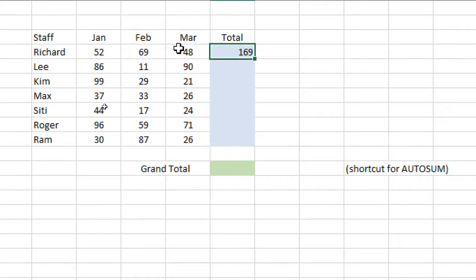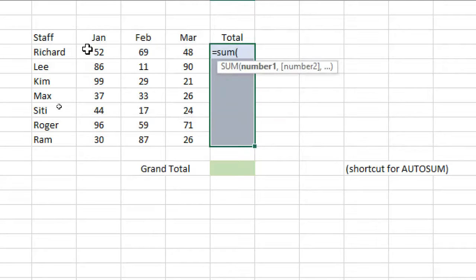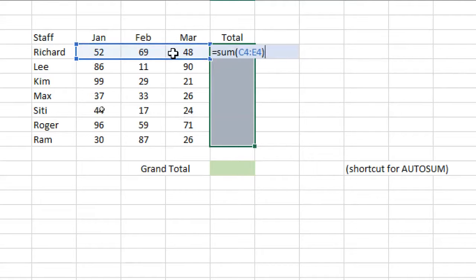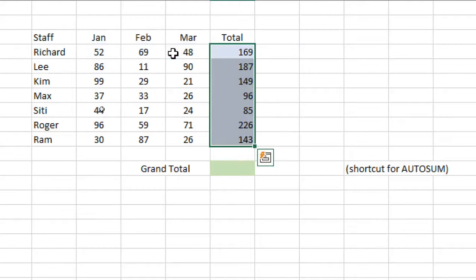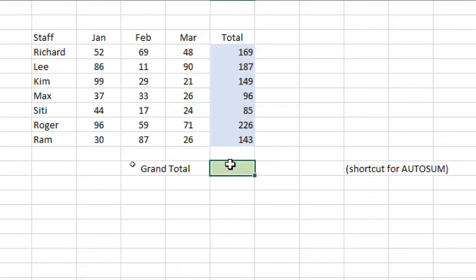A shortcut will be this. We just learned this, so let's utilize this. Highlight the whole thing, equals sum of all this. You know the answer is going to be. Don't press enter, press control enter. Remember that I just showed you earlier, control enter will auto populate the formula to the remaining of the list. So you have done the sum with a click of a button, and the grand total here we